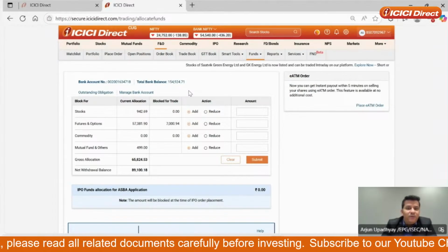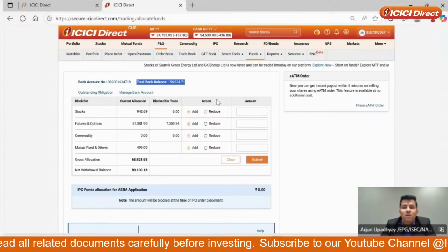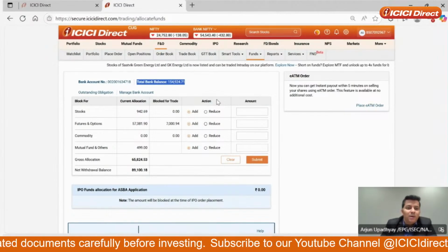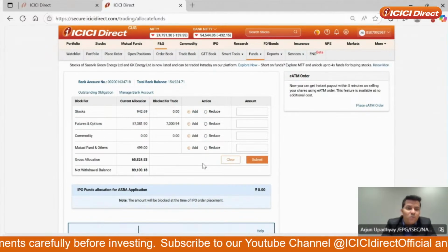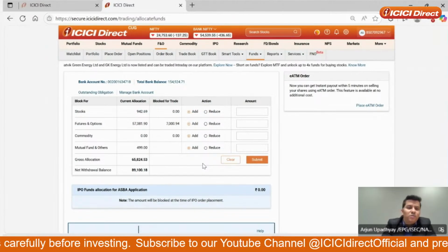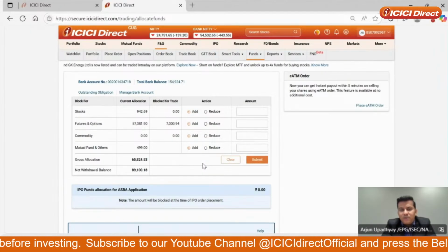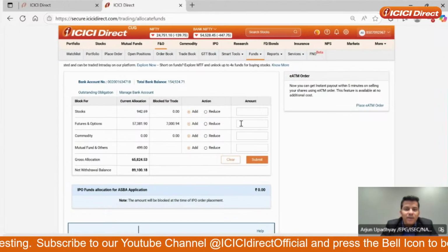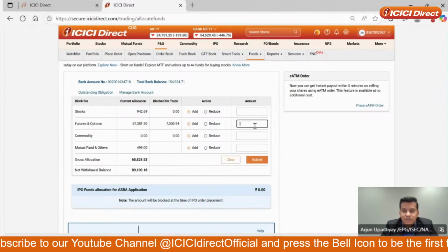So the platform, the way we have built the platform, the moment you come on the ICICI Direct screen, you can see your total bank balance, right? This is real time, fresh from ICICI Bank. And there are segments that you can see in the lower half of the screen. Now, if I see a wonderful opportunity in the F&O markets, and I say okay, I want to go short on the market, long on the market, whatever, and I immediately want to bring in funds, you can see futures and options as a segment here.